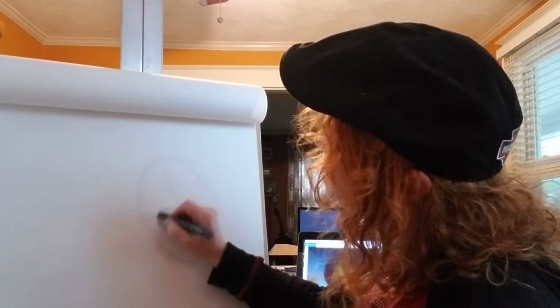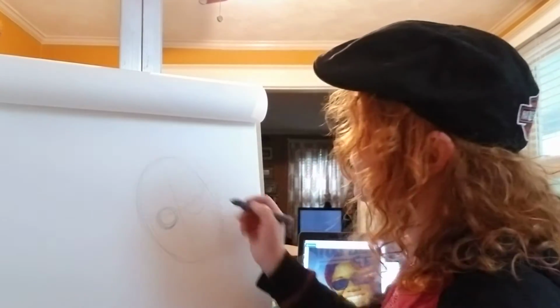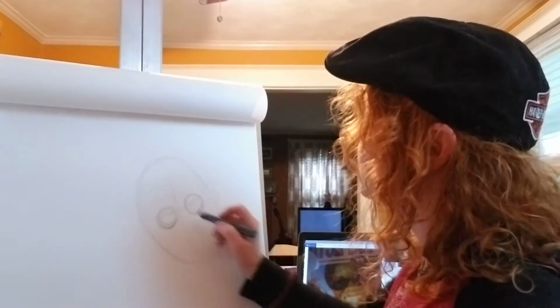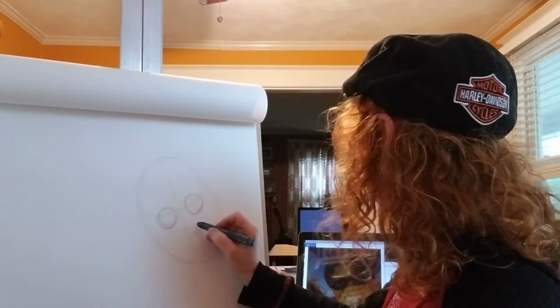I'll darken them a little bit for you. Now you're going to want to continue to draw really, really lightly so that you can erase later on. All right? I'm just trying to get a little bit darker so you can actually see something here. Now,